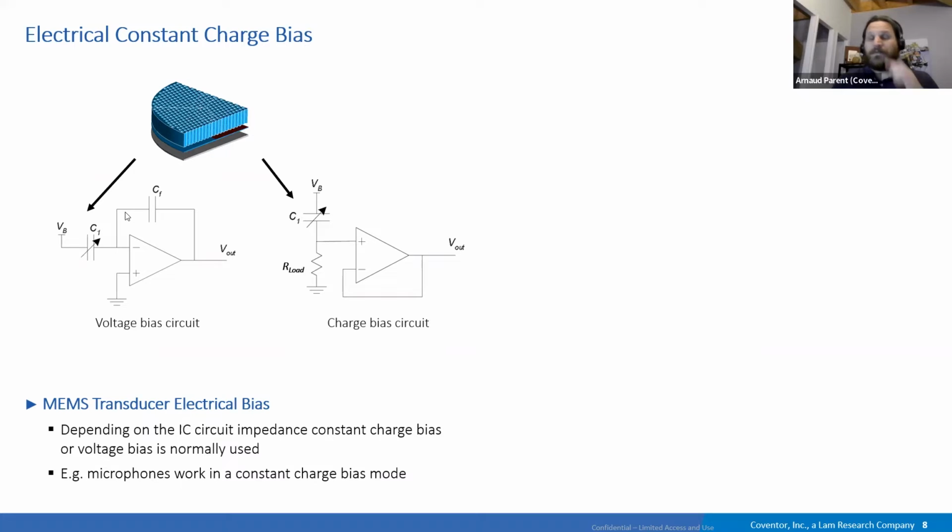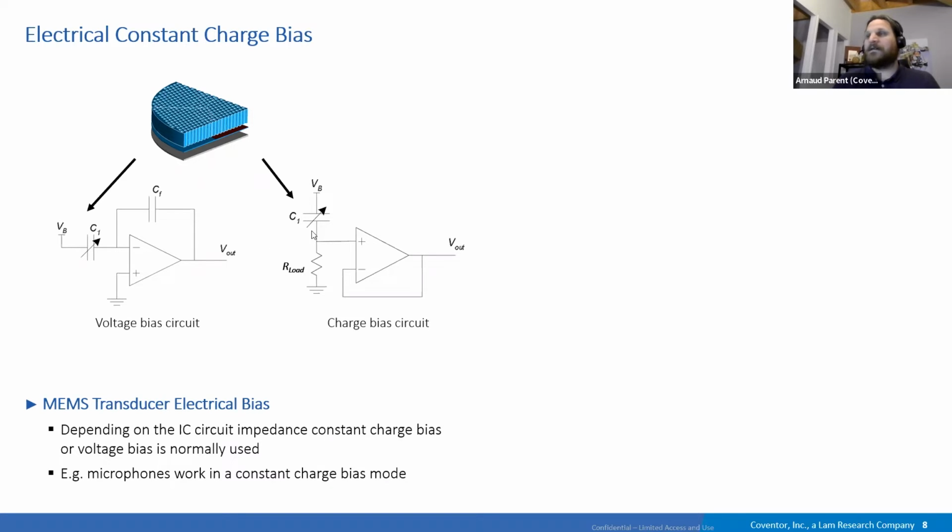So the two opposite ways of biasing such a device: the first is voltage bias. It's the generic one we find in most MEMS, and it's when you apply a voltage directly to the variable capacitance. The other opposite way of biasing here is called constant charge bias. For this one, you are not directly applying a voltage, you are applying a voltage through a very large resistance. And doing so,